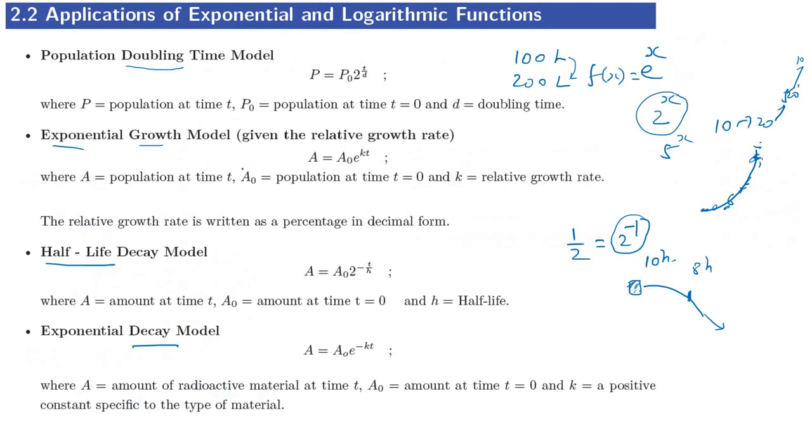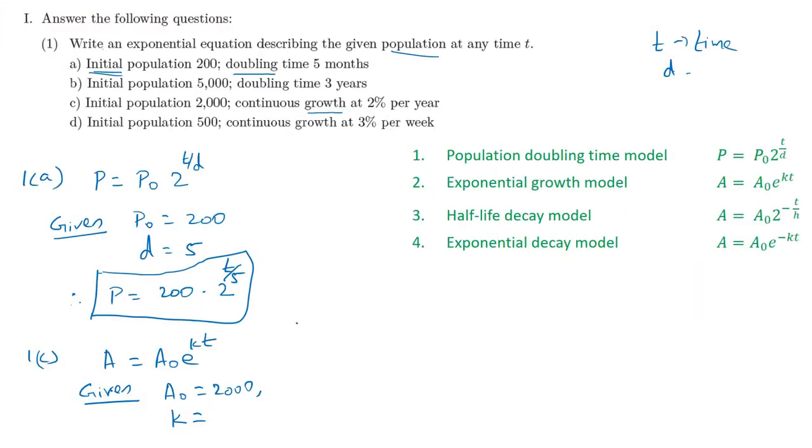Even you can see the same thing here. Here they have written, given the relative growth rate, 10%, 20%, that is rate. Okay, here it is given 2% per year. So 2%, don't write 2, write 2%. What is the meaning of 2%? It is equal to 2 divided by 100. Take your calculator and find 2 by 100. The answer is 0.02. When you substitute in the formula, don't write percentage, write in terms of numbers.